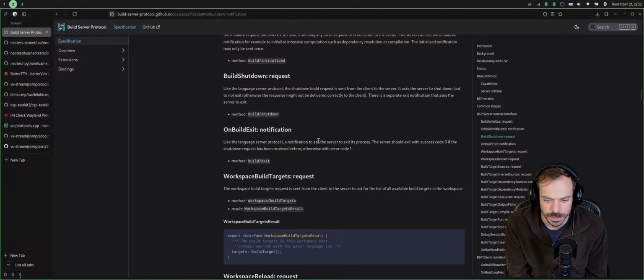A notification to ask the server to exit its process. So actually, yeah, the process should return then the success code. So I think I did understand it correctly.